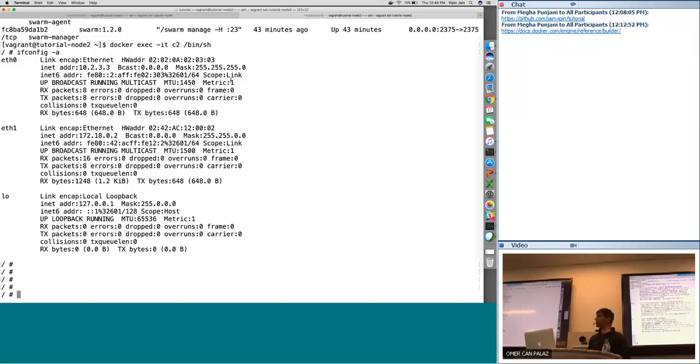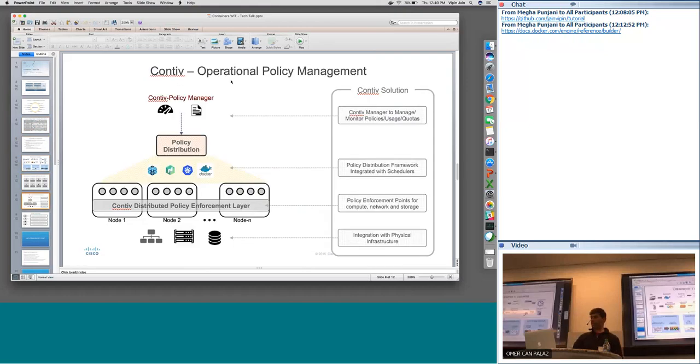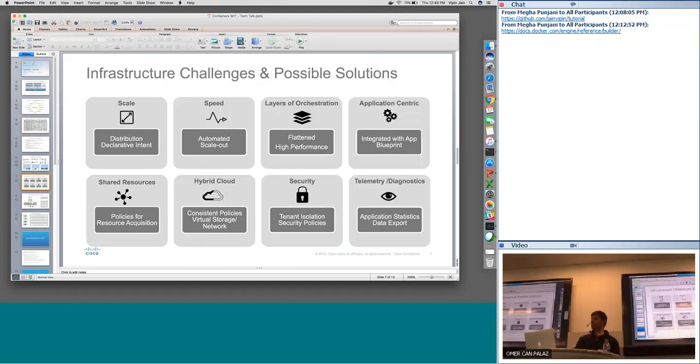Remember the challenges I talked about. The speed has to be like this. I cannot go and configure 20 things and come back. If my speed is not fast, then things are lost somewhere. Because if a container takes about a second to come up, and I take 2 minutes to create a network, it's not going to chime well with people. So like I said in the challenges section, what are the challenges that we will have to deal with if we want to be successful in containers? And some of the challenges, honestly, as part of Contiv's effort, we did work on solving, not everything, but definitely a lot of them.